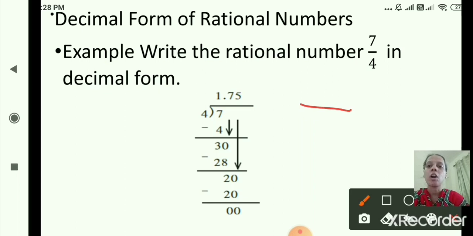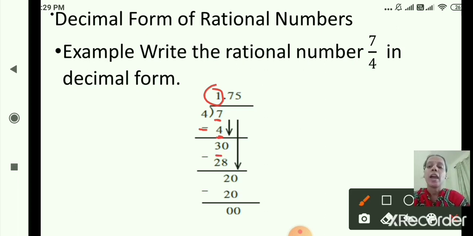Okay. So how will you divide? You will write down 7 here and 4 here. Then you can do the division. Okay, so now we'll start. First, 7 you will divide by 4. So 4 ones are 4, right? So below 7 we have written 4. Now here it is a minus sign, as you know how to do division in the same way. 7 minus 4, do the subtraction, that is 3. So I have written 3 here.